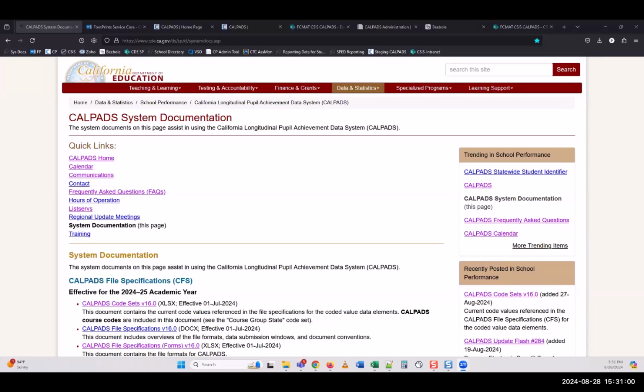As the CALPADS LEA admin, yes, I was a part of their listservs because that fell under my purview of ordering testing materials. Were they relevant for me? Yes. Did I need to know when those score reports were coming down so I could put them into our SIS systems? Yes. But ultimately it's an LEA level decision on who's responsible for what.